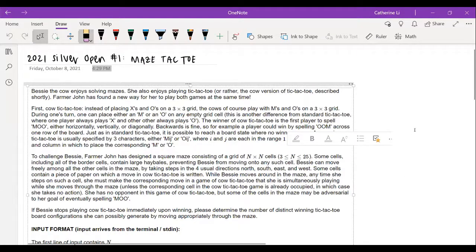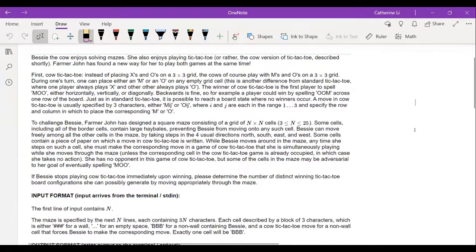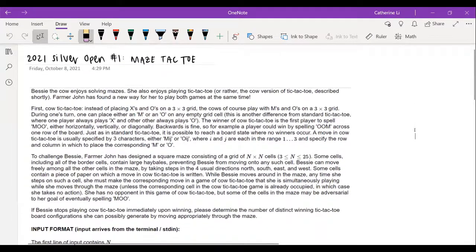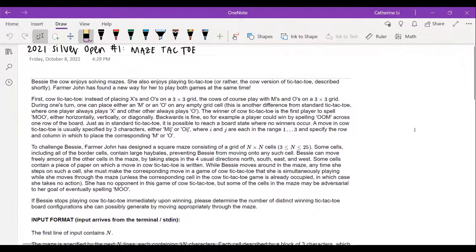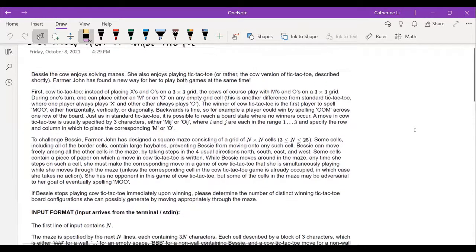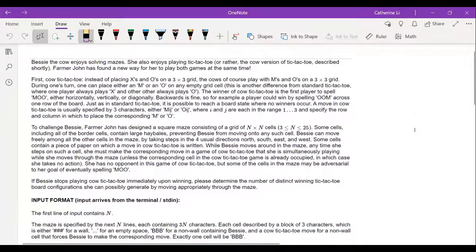Hi, here's the problem for today. So yeah, it's from the most recent contest, Silver US Open, and it's called Maze Tacto. So yeah, the problem statement is